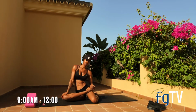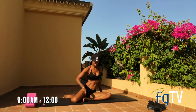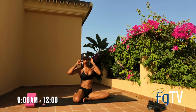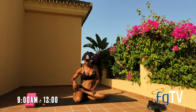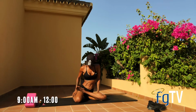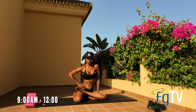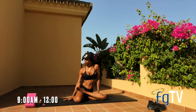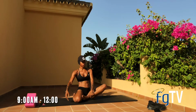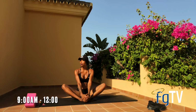So here, beloveds, you'll see me constantly doing this. If you've been looking at my videos, it really helps to open up your inner hip thigh area. So bending one foot and placing it to the back, one leg placing it to the back. Make sure that your foot is straight, and then bringing the other foot into your core and placing it over your thigh and resting there really helps the opening of your hips, as well as loosens those quads,